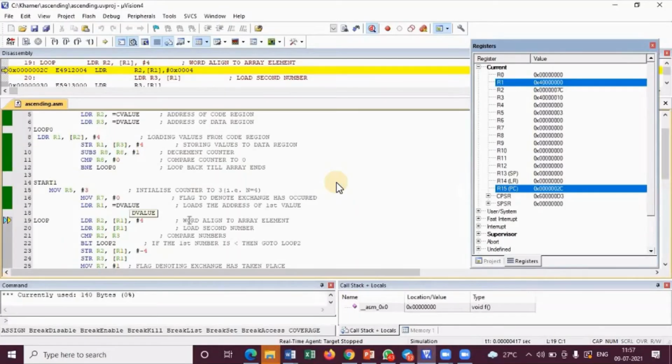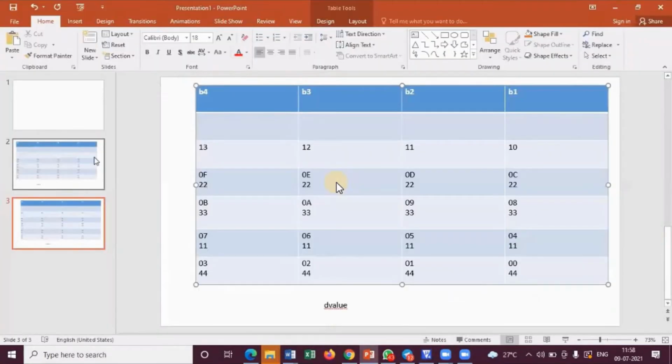As I told you, now we will not go for the C value location. Now we'll go only for the D value location. The D value location starts from 00. So R1 is pointing to 00. Now I have to perform the ascending operation in this part by swapping the numbers, and we will see what we'll do now. Okay, clear now all of you?